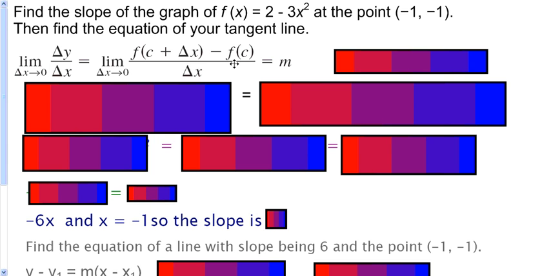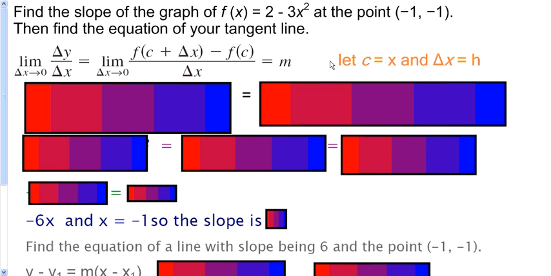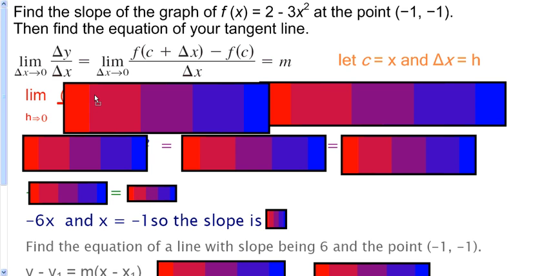This is the form that they're giving in this section in your book. However, if we tie it in with what we've done before, where it's really the same thing, the only thing is instead of having a c, we had an x before, and instead of having a delta x, we had an h before. So I'm going to go ahead and use that since you're more familiar with that. So we're going to go, our limit as h approaches 0,